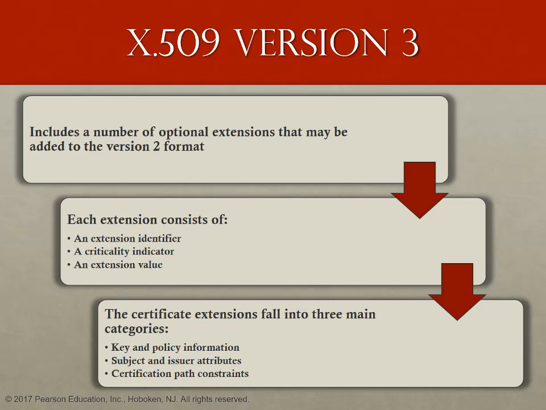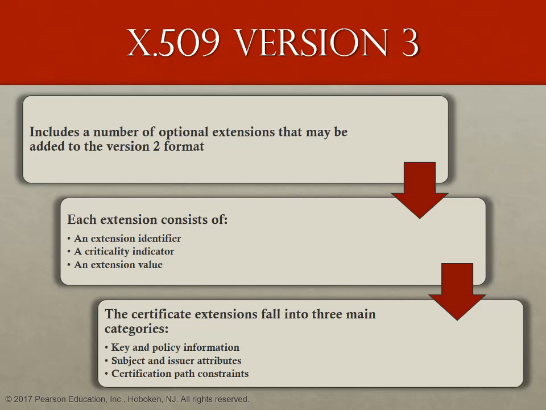Rather than continue to add fields to a fixed format, standards developers felt that a more flexible approach was needed. Thus, version 3 includes a number of optional extensions that may be added to the version 2 format. Each extension consists of an extension identifier, a criticality indicator, and an extension value. The criticality indicator indicates whether an extension can safely be ignored. If the indicator has a value of true and an implementation does not recognize the extension, it must treat the